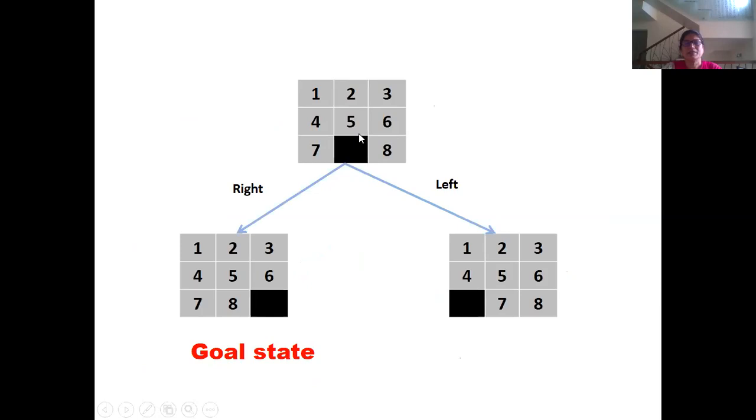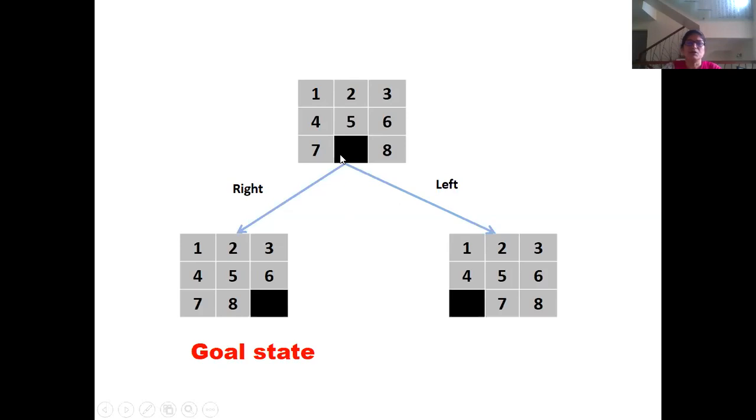So when you expand it, it can again move into 3 positions. It can move up, it can move to the right, it can move to the left. There is no down position, no movement allowed on the downside. We'll not move it up again because it will go back to the parent state. So we'll be moving it only to the right side and to the left side.